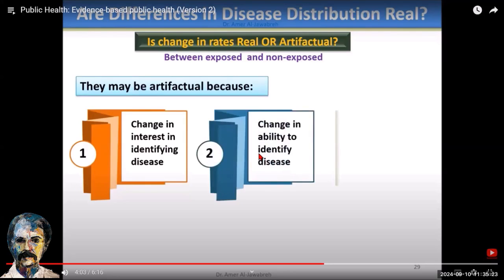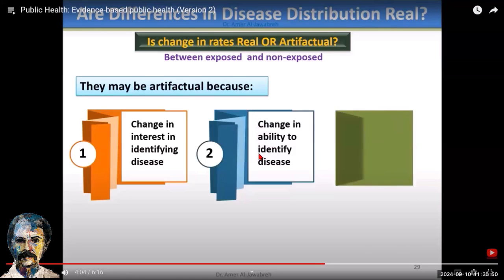Like, for instance, every now and then we have a new test. We have a new method of test, a new technology of test. And this new technology manages to detect more cases, meaning more sensitive, more specific. Okay, so sometimes it's not because the disease is changing, it's because your tests are changing. That's the second one. And third,